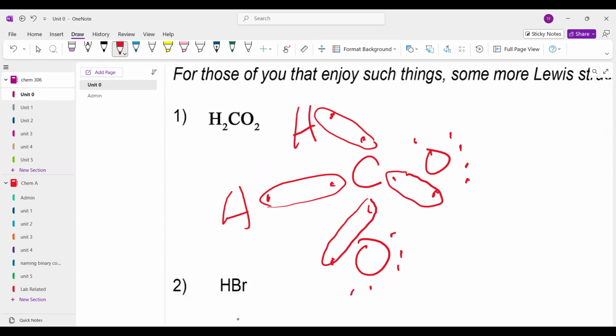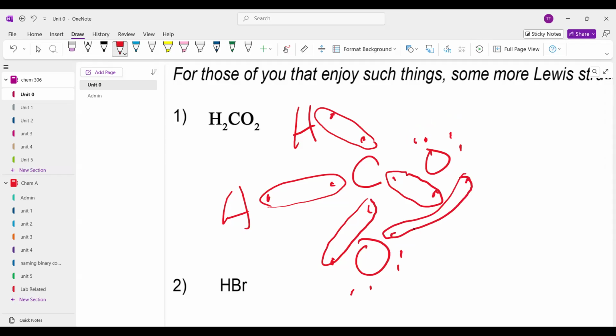Do we have any singletons left over? Unbonded? Yes, both of the oxygens have one single lone pair. Exactly. So we're going to move the pairs around so it's more convenient. Because otherwise we'd have to go like this to hook it up. It's kind of ugly looking stuff. So let's make this a pair up here, and then have the singleton there. So these two now are going to hook up. Okay, that's one version of the structure.